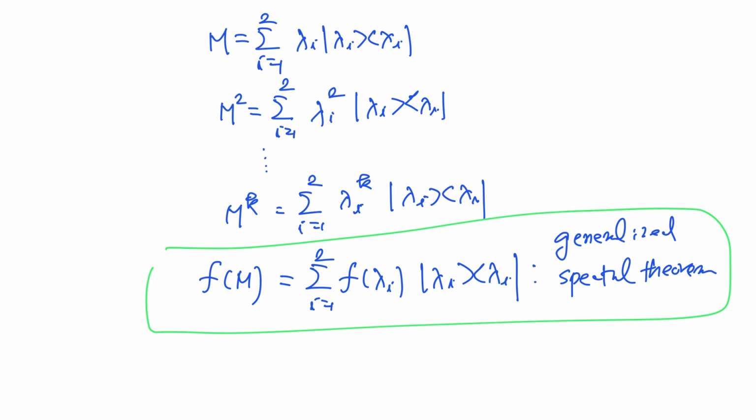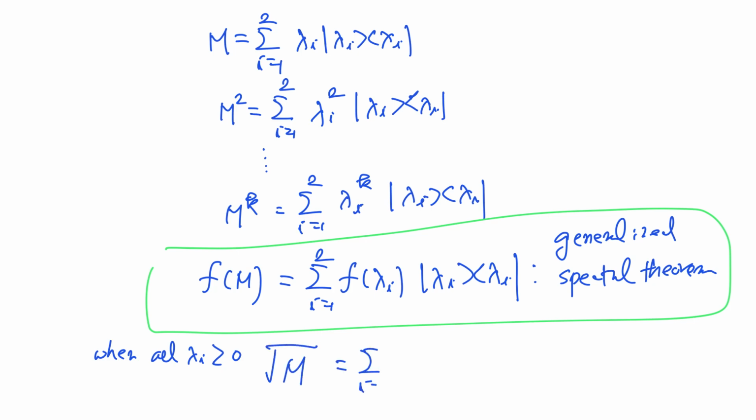A summation of the outer products weighted by the eigenvalues. Then you can get M squared, right? And scale k times, M to the k, or lambda I to the k. And you can generalize to some function of M. Simply put it as a function of lambda. Then you can actually calculate the square root, when all lambda I are greater than 0, you can represent the square root of M